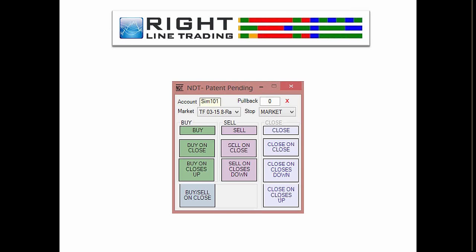Now, this is how we trade. We're active on NinjaTrader. We'll be active on Sierra in a very short period of time, in less than a week. We use our own